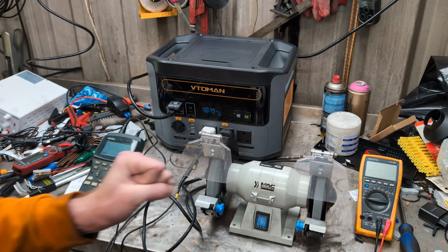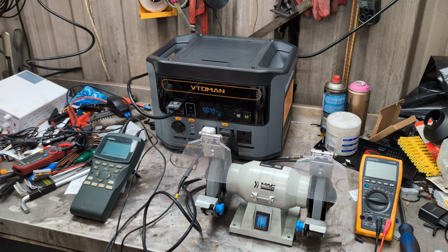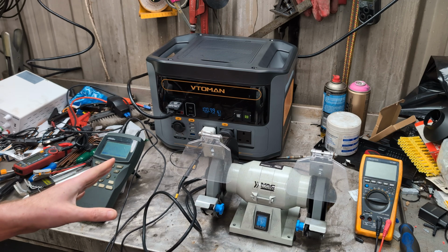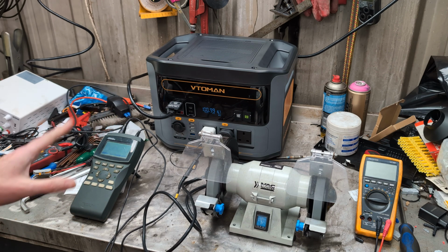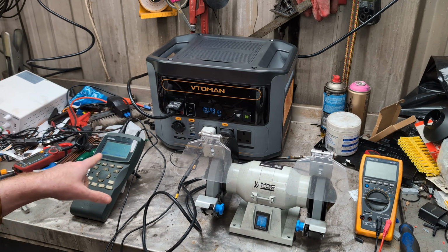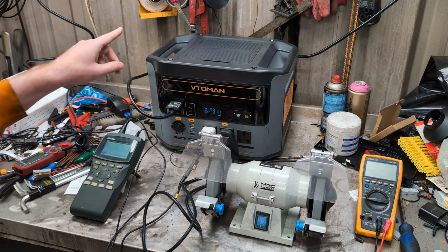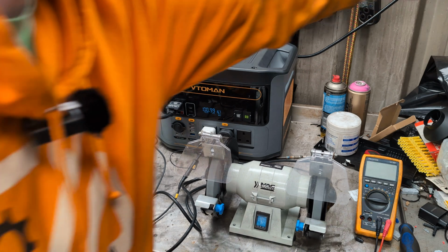So this is our load. A nice 200-ish watt load. And then we're going to switch off. Well, the sine wave hasn't changed, that's a good start. So we'll switch off the AC power. We should position this better and see it switch over to...